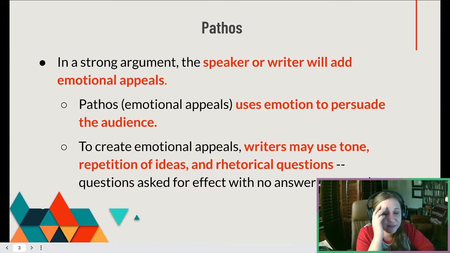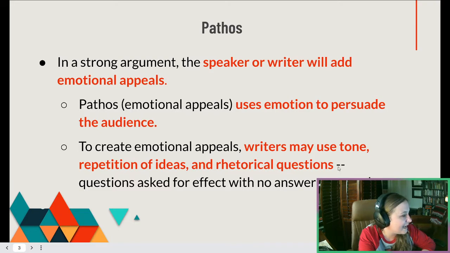But just understand what pathos is. When we're making a strong argument, oftentimes, 1 out of 3 times, our speaker is going to try their best to appeal to your sense of humanity, to your human nature. They're going to try to make you feel feelings in order to get their point across to you. Because that's what gets people's attention, right? When they're triggered, either positively or negatively. And pathos, which is an emotional appeal, uses emotion to persuade the audience to change, to do something different.